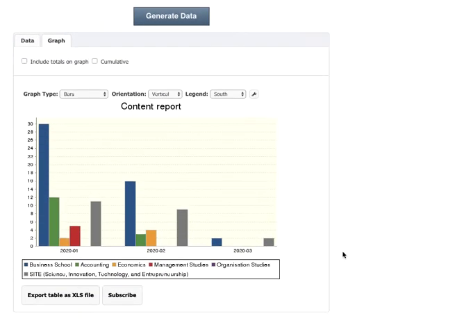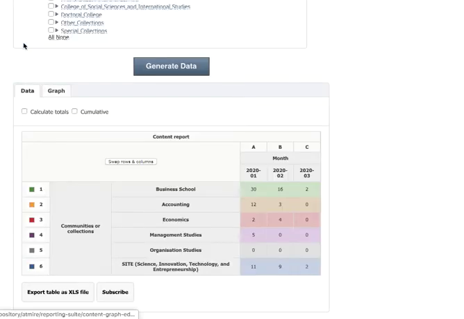to get this information, and the first representation that we get is this information in a graph. But if we're more interested in a data table, we can press this Data tab, see the numbers in a table, and what you can also do is export this as an Excel file, or you can subscribe yourself or any other person to an email report that gets delivered on a regular basis to your email